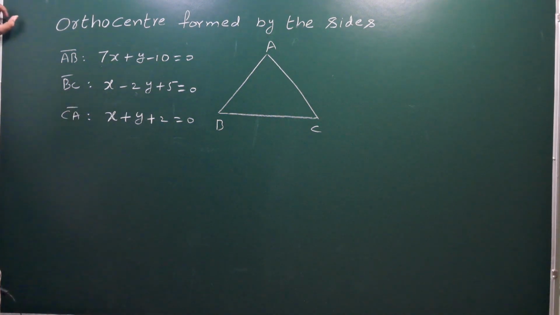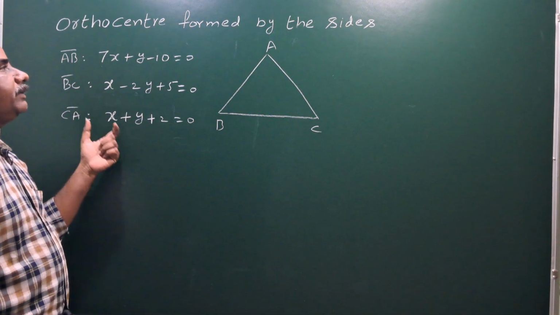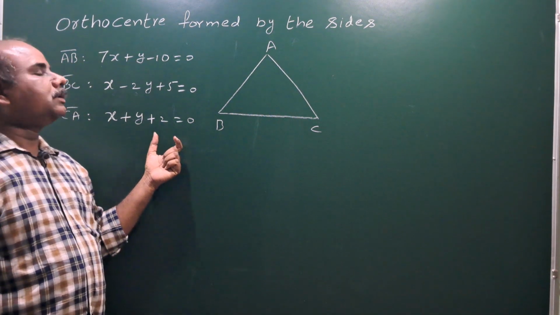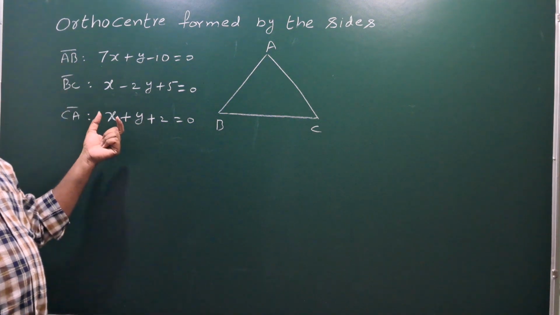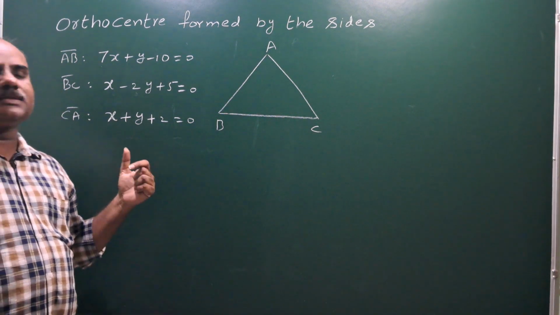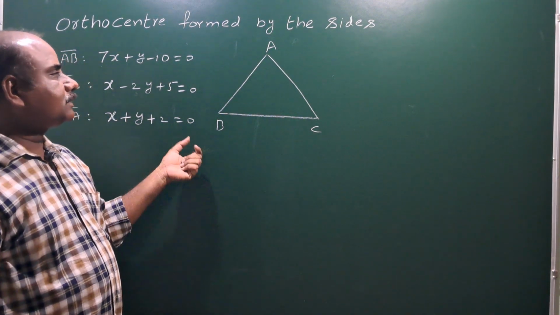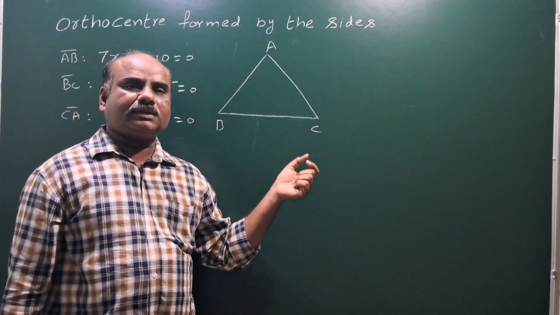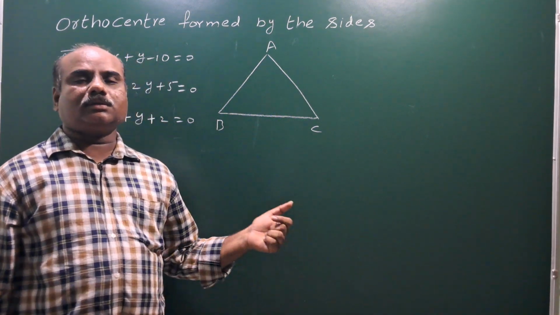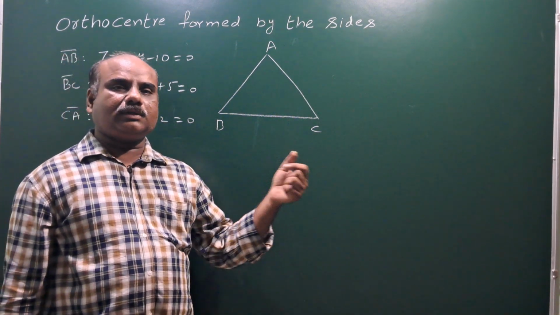So this is AB, this is BC, this is CA. Everybody knows how to find the orthocenter when three equations or points are given. Since the orthocenter is the point of intersection of altitudes,